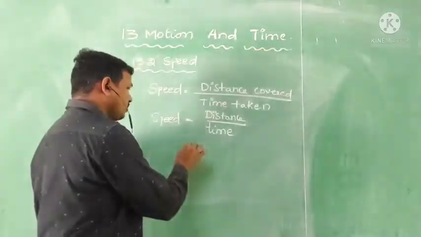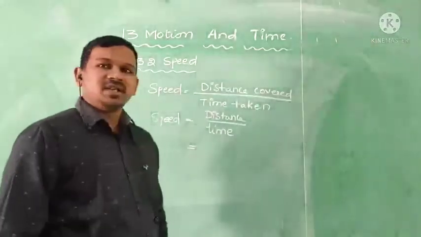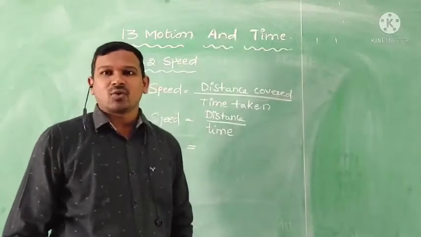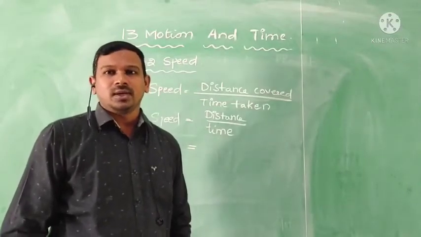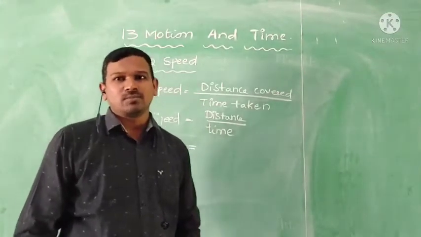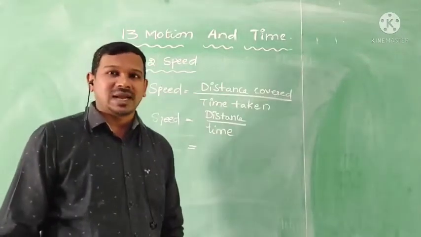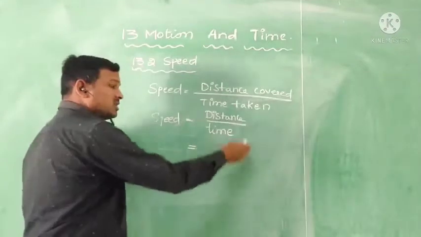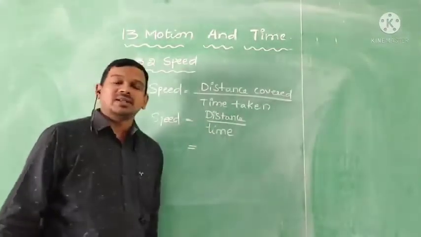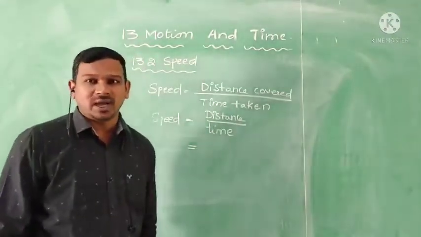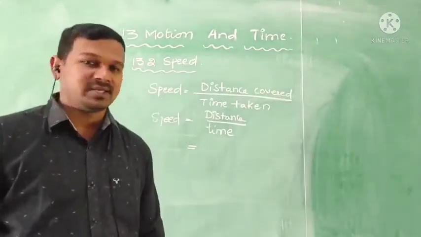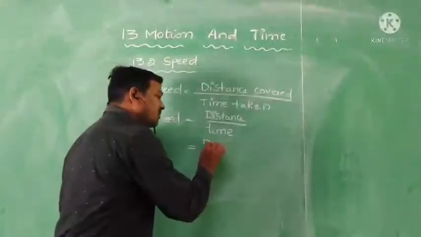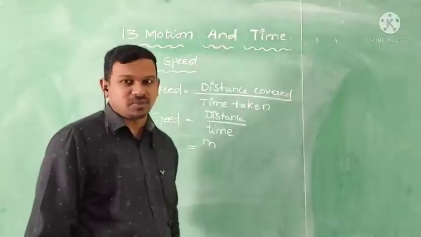See, in physics, every physical quantity needs to be measured and given proper units. It is a standard measurement, that is called a unit. What is the distance unit? How to calculate this distance? We usually calculate the distance in meters. So now I am giving initially the units of the speed also.